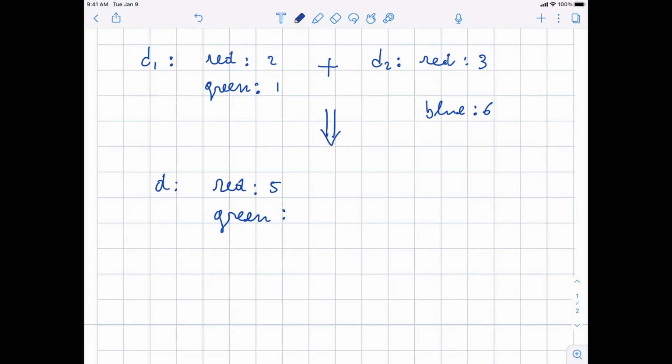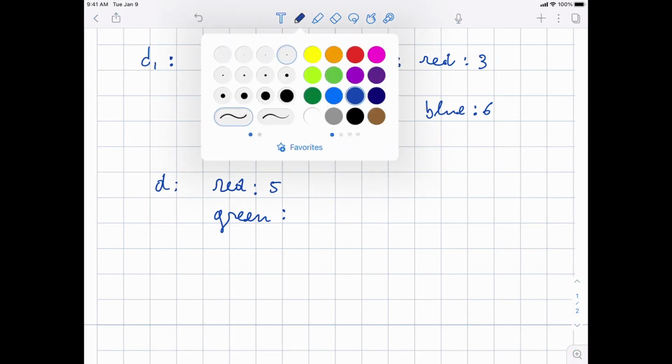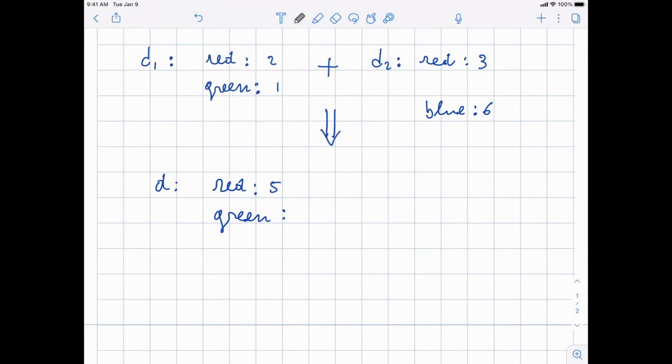So if it's missing, what do we use? The neutral element with respect to sum, to addition, the element that does not change a number when you add it, is 0. So if it's missing, it's as if here, let me write it in gray, we had green, and because it's missing, the value would be the neutral element for plus.